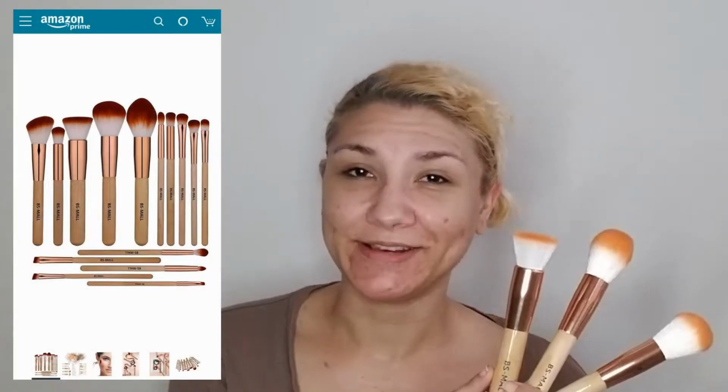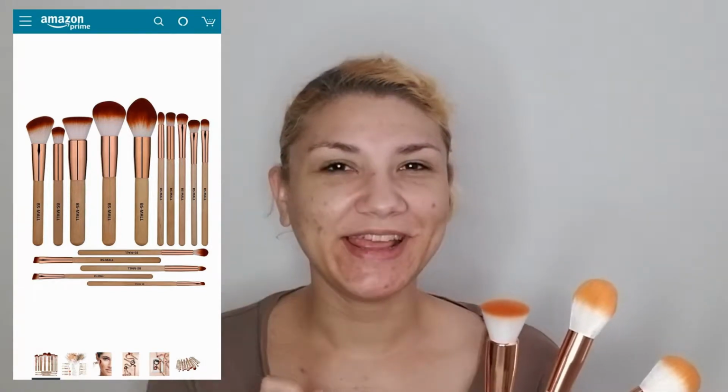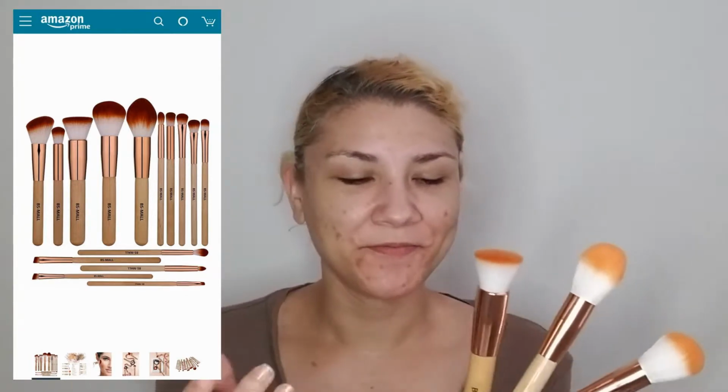Okay, so one of the main reasons that I went with this set as opposed to any of the other ridiculously cheap brush sets on Amazon is because it was a 15-piece wooden handled brush set. It's supposedly kabuki style, all that good stuff, but wooden handles caught my attention. I thought they'd be kind of cute because you don't see just plain wooden handles very often. I mean, obviously they are some sort of composite type wood and they're laminated so you don't destroy them when you're washing them, but